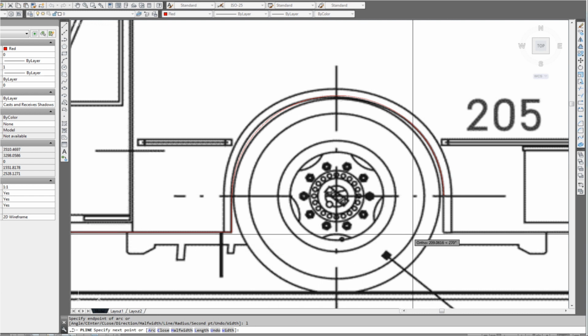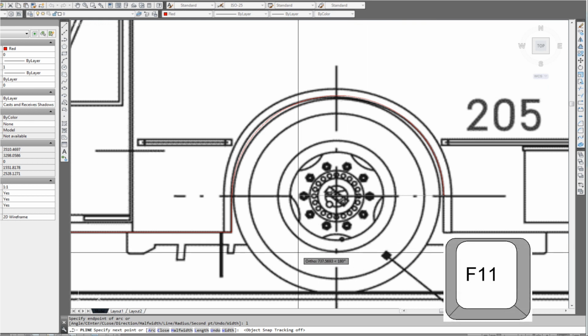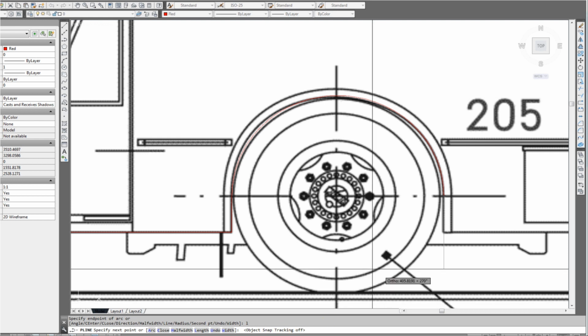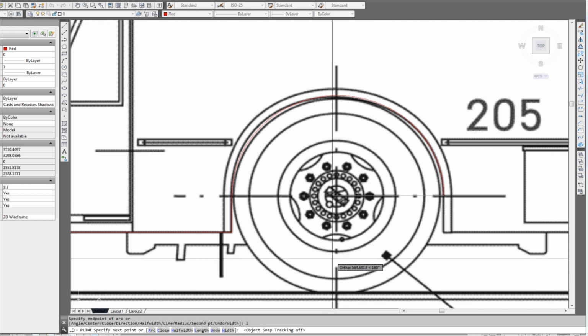Now in this case here, I want to actually make sure that this lines up. So I can do it by eye, but there is another way. As long as your snaps are on, you can see how this little rubber band thing comes out there, the extension. So what you need to do is actually have your F11 key pressed. I just turned mine off for a moment. See at the bottom here it says object snap tracking off. If I press the F11 key on my keyboard,